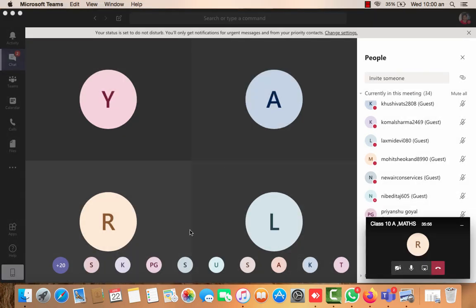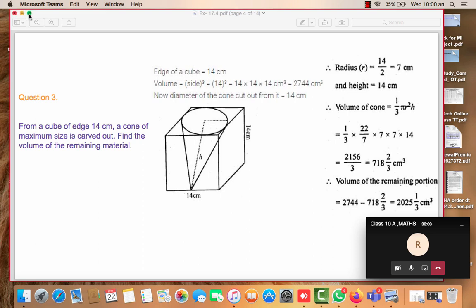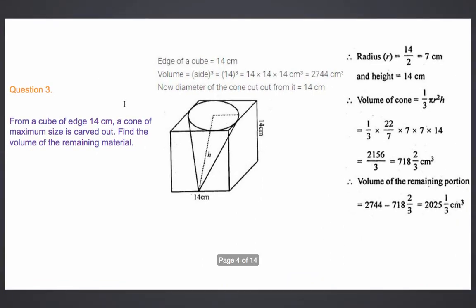Now that 34 are there, it's good that you are all here. We can continue in a better way. Okay, third question. Can we start? Yes, ma'am. Very sleepy. Early morning. We are also waking up for you people. You should feel... Charge up yourself before the class, okay? Chalo, let's start. Question number 3.